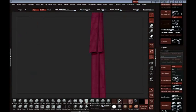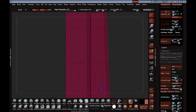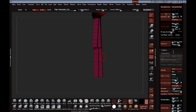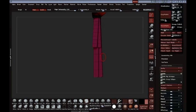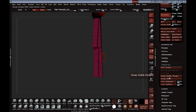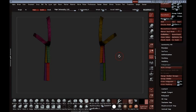Before we create a Dynamesh with it, the geometry of this has way too many long faces, which we all know ZBrush does not like subdividing or sculpting along really long skinny faces or polys. So before we Dynamesh it, we're going to make it auto groups. Okay. And the reason for this,